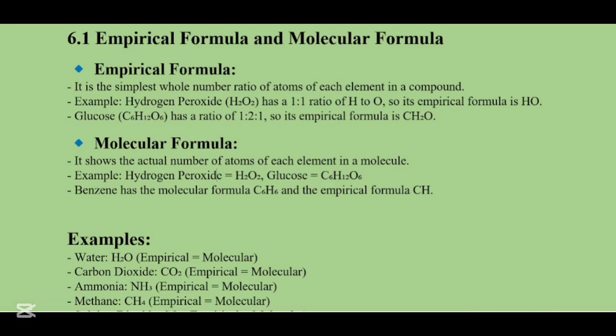Now we have some compounds which have the same molecular formula and empirical formula. As you can see, benzene has the molecular formula C6H6. If I want to convert this molecular formula into empirical, what you can do is pick the smallest value out of these two elements. The smallest value is 6. So divide both by 6, which results in 1:1, or only CH. So the empirical formula of benzene will be as shown.